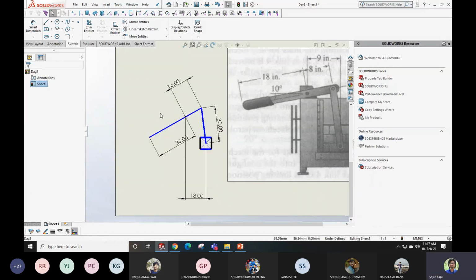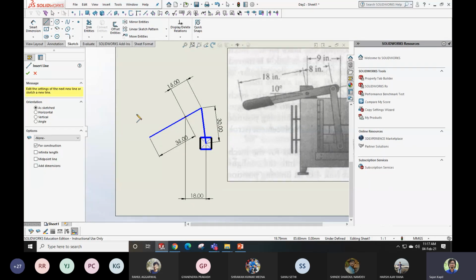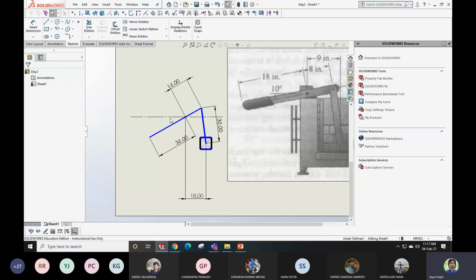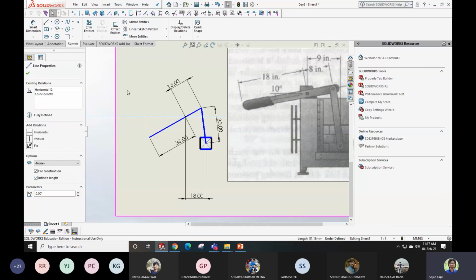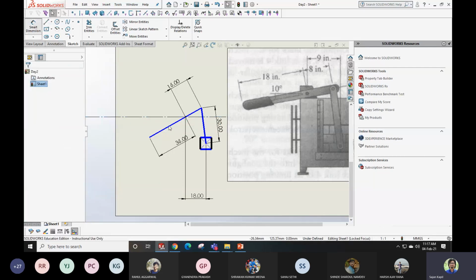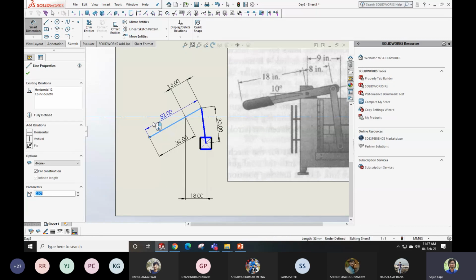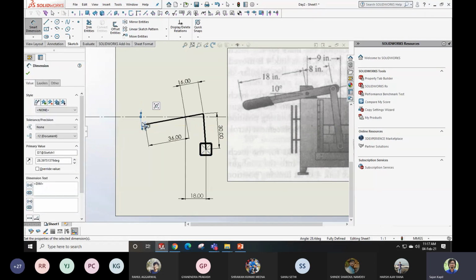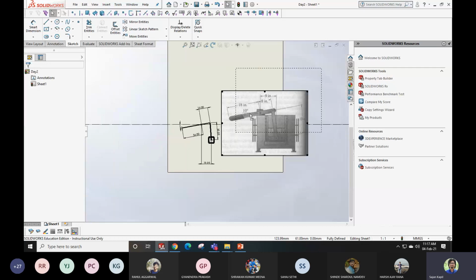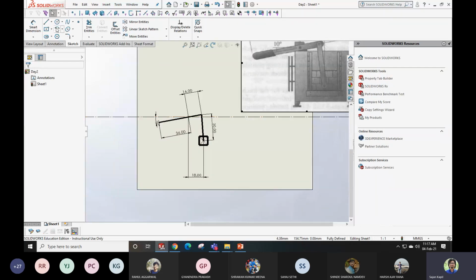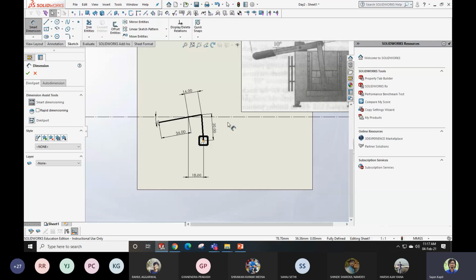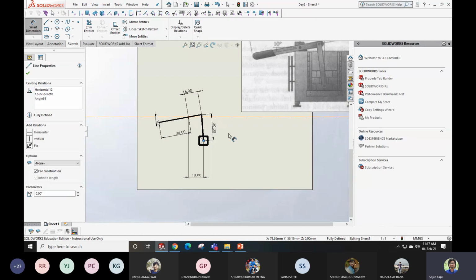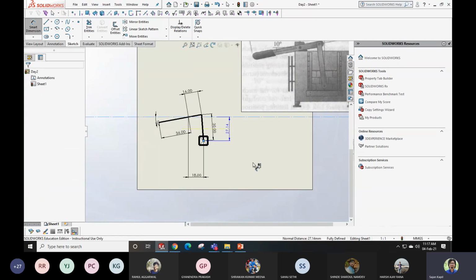Okay, fine. Now it is said that it is at an angle of 10 degrees from the horizontal. So let me first draw a horizontal line for construction, of infinite length. It is said that the angle between this and this is initially 10 degrees. If it is 10 degrees, I can see that this will be my position now. Then I'll measure the vertical distance from here to here. This is 27.14 right now.